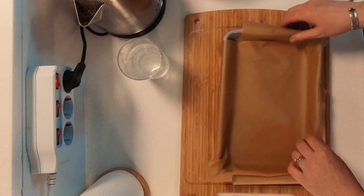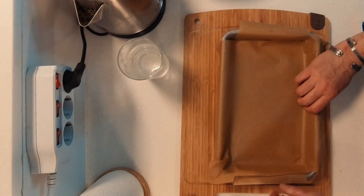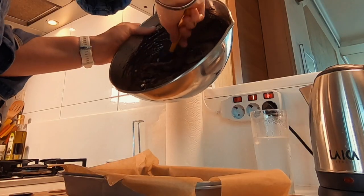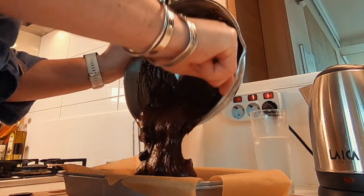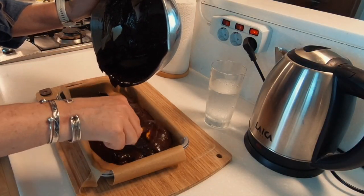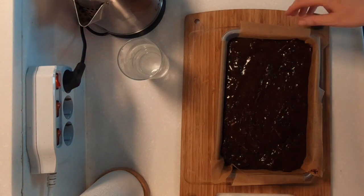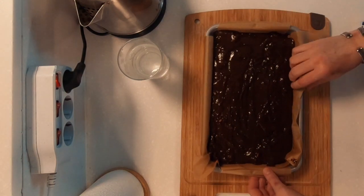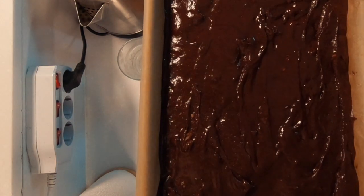Okay, on our tray now, I like to sellotape the sides, and that stops the sides from moving when we put in our mixture. And then all you do is pour it into your oven dish. Spread it out. The last thing to do, it's in our tray. On your board, hit it a few times, and that gets rid of any air. Also make sure that you evenly spread it out. So into the oven